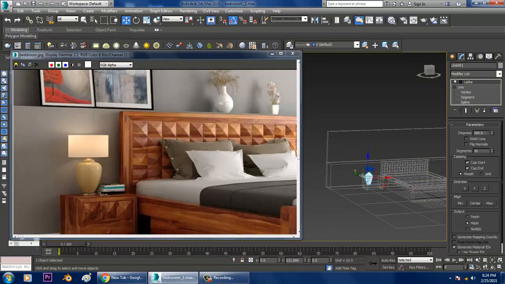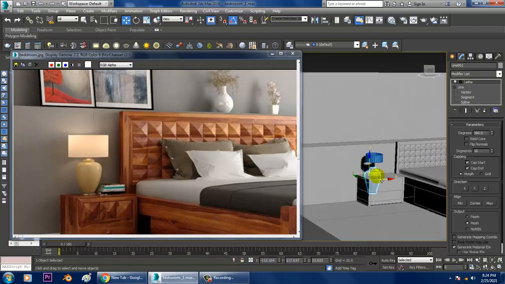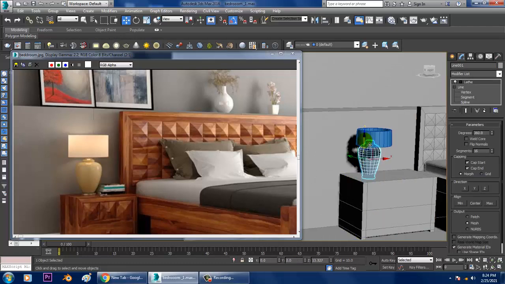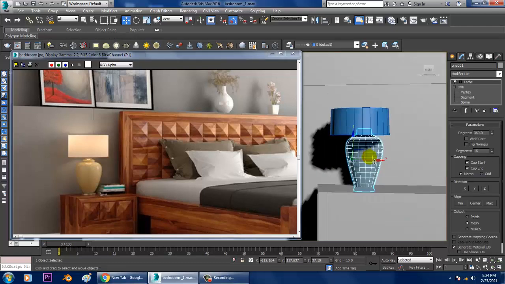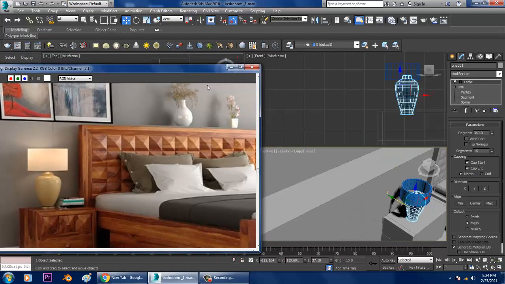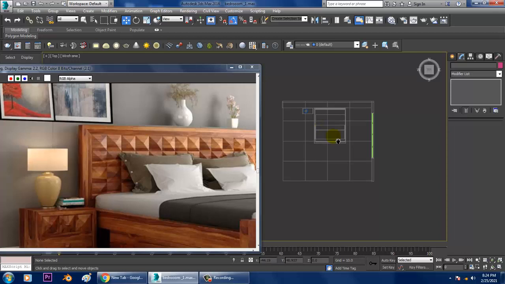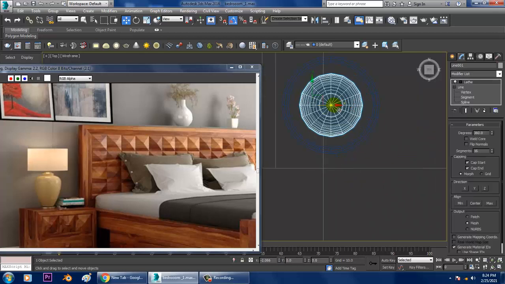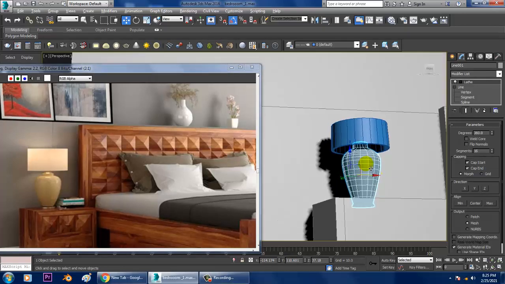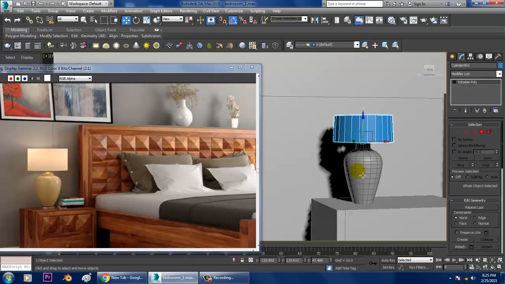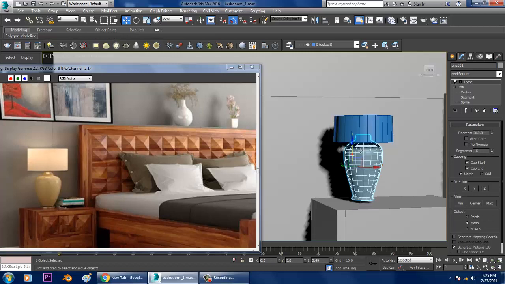Select this, scale it, drag this a bit over here. We can go into the top view over here, drag it till here, slightly push this up, select this.